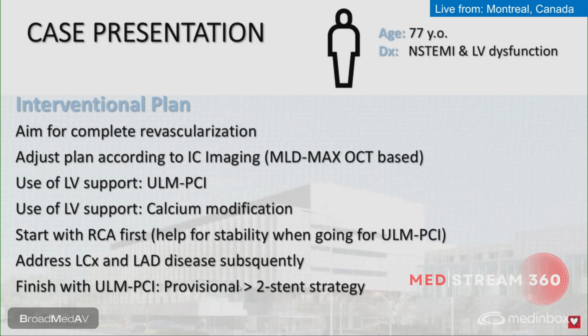an MLD MAX OCT-based protocol, use LV support, especially in the case of unprotected left main PCI in a patient with severely depressed or dysfunctional LV function. The LV support is also required for us since we're planning on implementing calcium modification. The plan was to start with the RCA and then move on to the